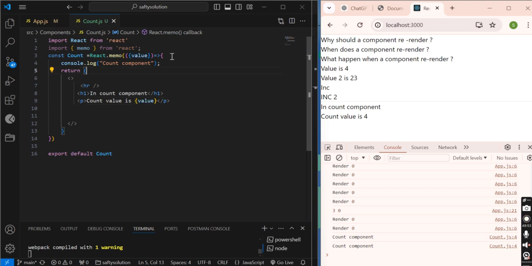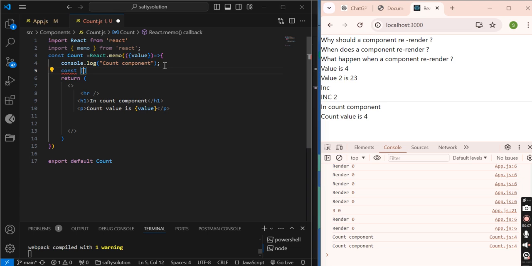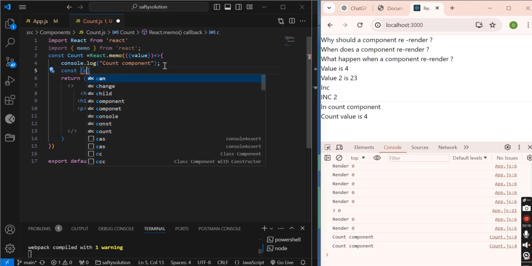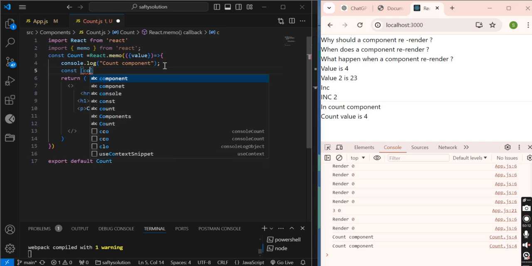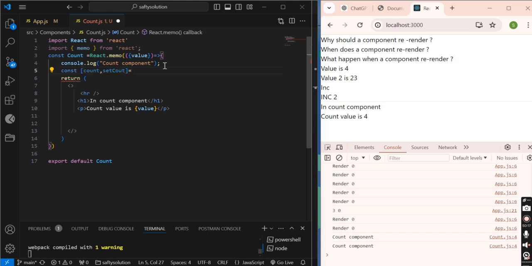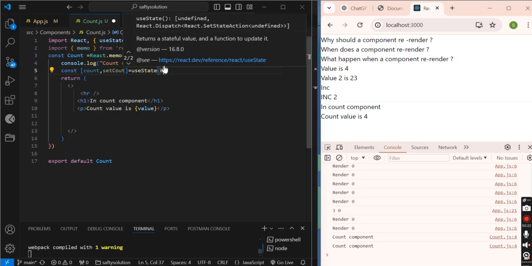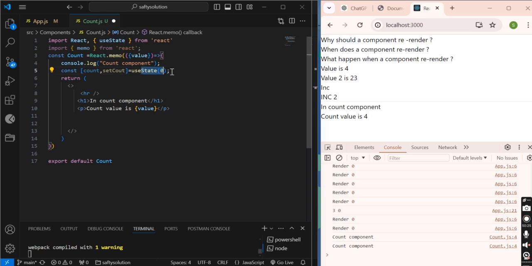Let me introduce, here is also a component. When this state changes here in the child component, does the parent component need to re-render? No. Let me write count, setCount, useState 0. Before using useState, always remember to import it.